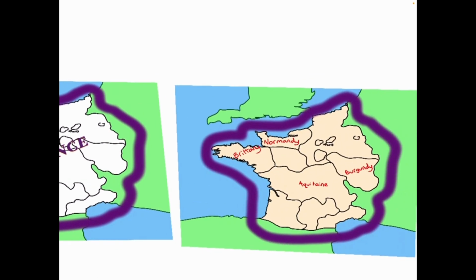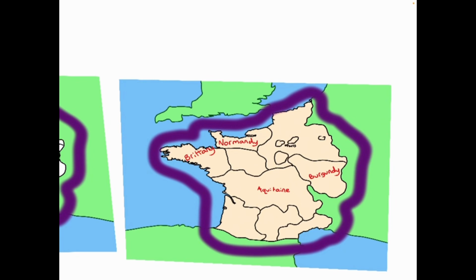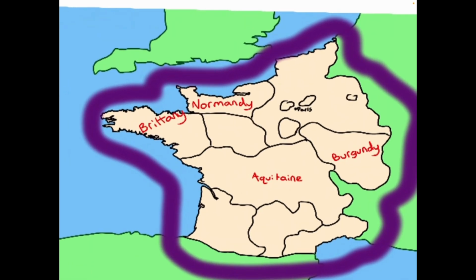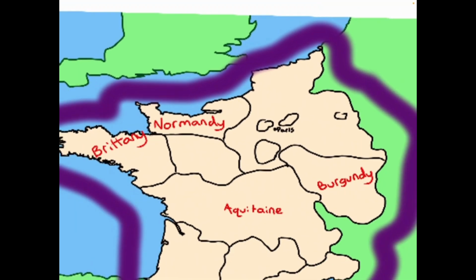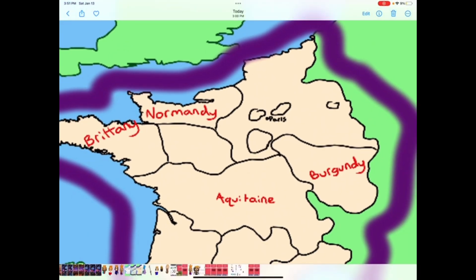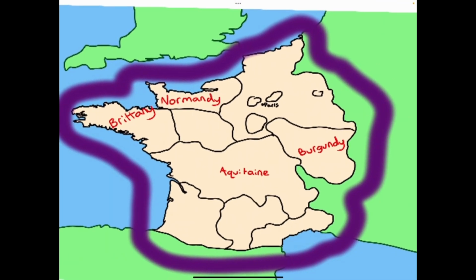Here we have a few of the different duchies at one point in time, and some of these are ones that England got their claws into. So up here at the top we have Normandy, and over to the side is Brittany, and then there's Aquitaine, which we got to learn about not too long ago, and then Burgundy, and up towards the right corner, not completely in the corner, is Paris, and around Paris is the area that the King of France actually truly owns. Other than that, they were people who had to be obedient to him, but they got to rule their own sections of France.